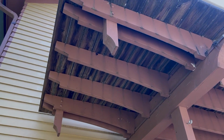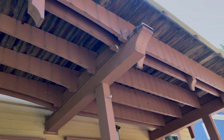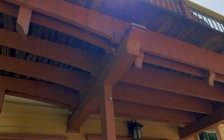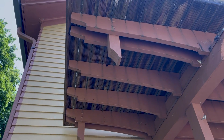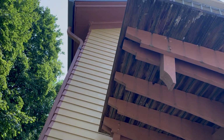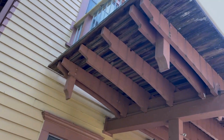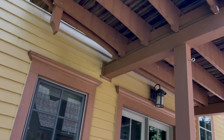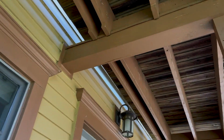So I'm not a fan of cantilevering out the joists of the floor. They cantilever those out, I mean, that's got to be a good 5 feet up there, out to next to nothing. The railing up on top is, I don't know, it's not really attached to the house, other than